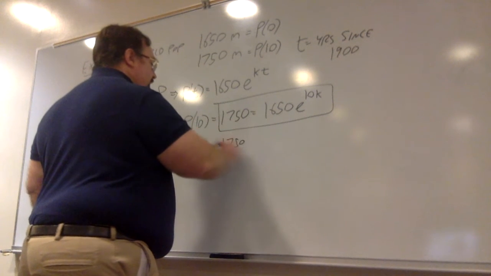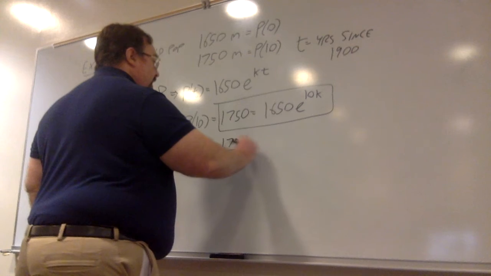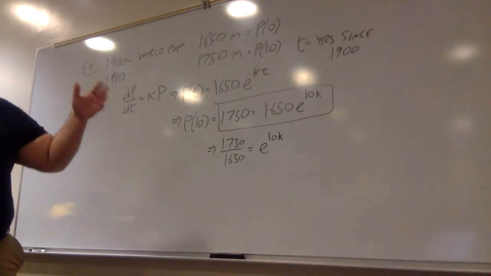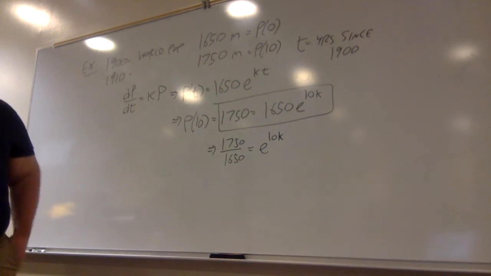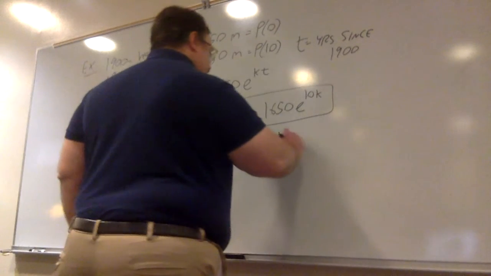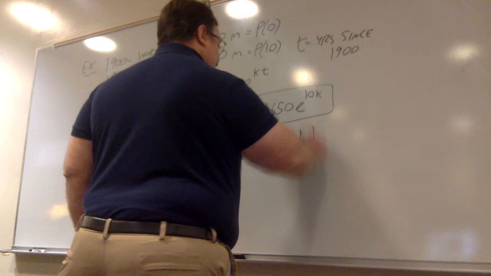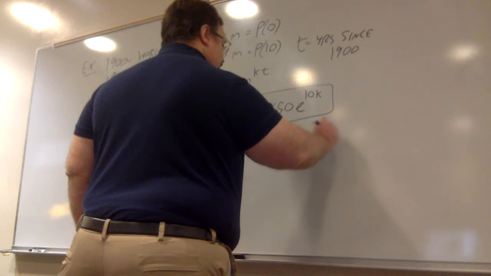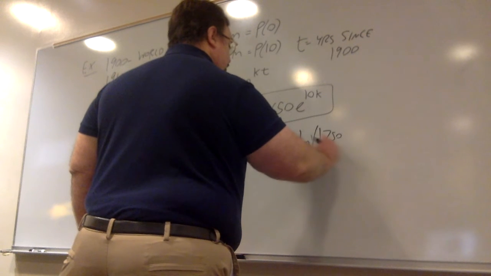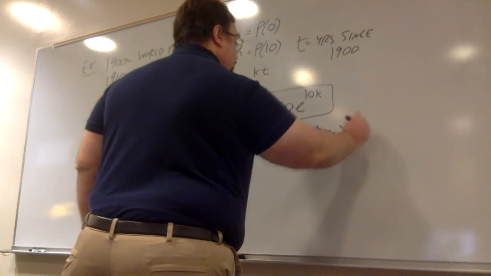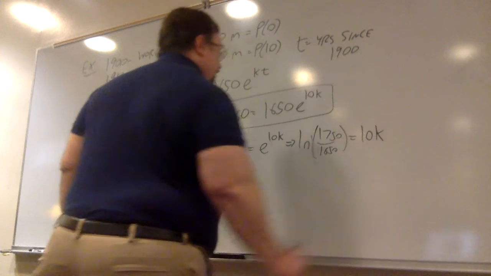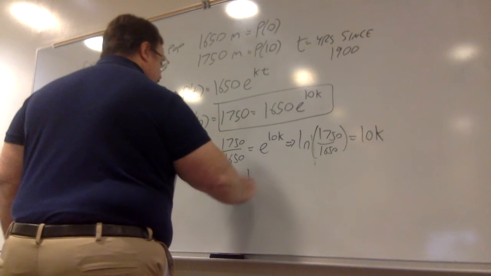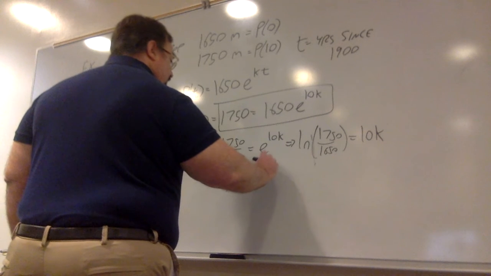So 1750 over 1650 is e to the 10k. And now you take the natural log of both sides. So ln, and we need absolute value here, of 1750 over 1650 is equal to 10k. So now I have a formula for k: it's 1/10 natural log of